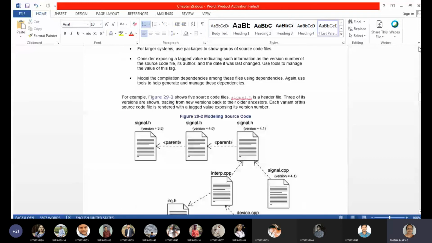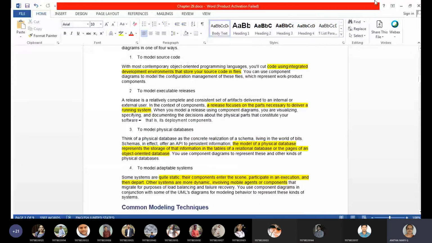Yes, I want you to answer. The first one we were talking about was the source code. That is about the signal.h example I was telling you. And the next one is executable releases. That is the different versions: signal.h version 4.1 depends on 4.0, and in turn it depends on 3.9 and so on.